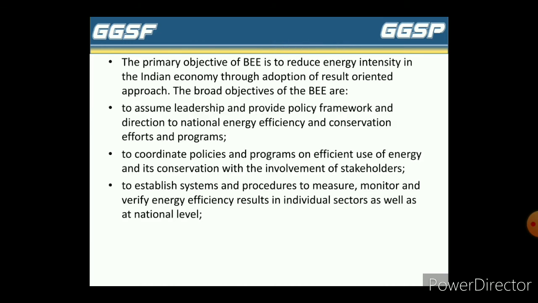The primary objective of BEE is to reduce the energy intensity in the Indian economy through the adoption of a result-oriented approach. The broad objectives of the BEE are to assume the leadership and provide policy framework and direction to the national energy efficiency and conservation efforts and programs, to coordinate policies and programs on efficient use of energy and its conservation with the involvement of stakeholders, to establish systems and procedures to measure, monitor and verify energy efficiency results in